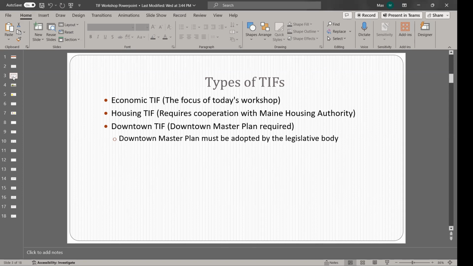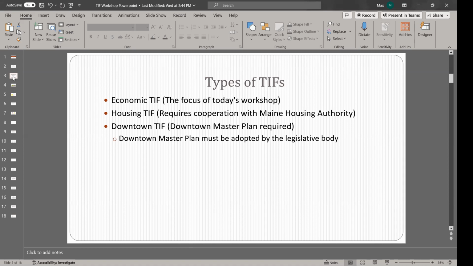Yes, but keep in mind that regardless of whether a TIF is in place or not, those property owners are still paying the same amount in taxes in either case. If it's $1 million, it's going to be the $15,000 that I mentioned earlier. Whether that $13,500 goes into the TIF, or that $13,500 goes back into the general fund, those property owners are going to be paying the same amount.